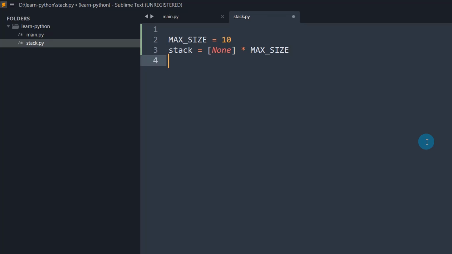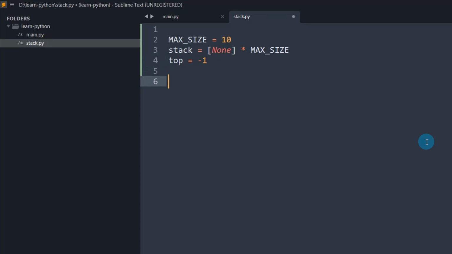Along with stack, we also need to maintain one more thing. That is a pointer to denote the top of the stack. Let's assume the pointer is top in this case. So we initialize that with -1.